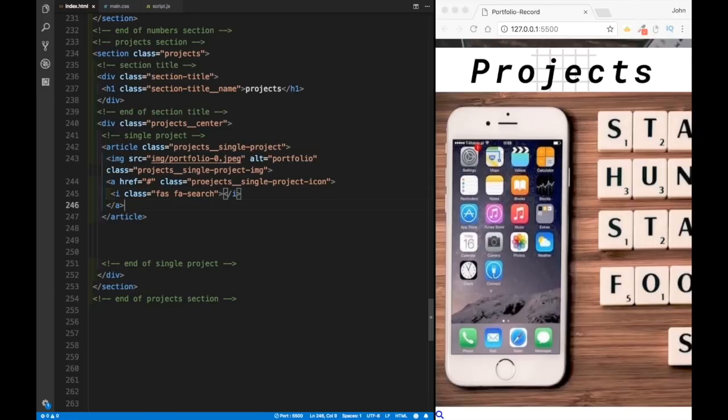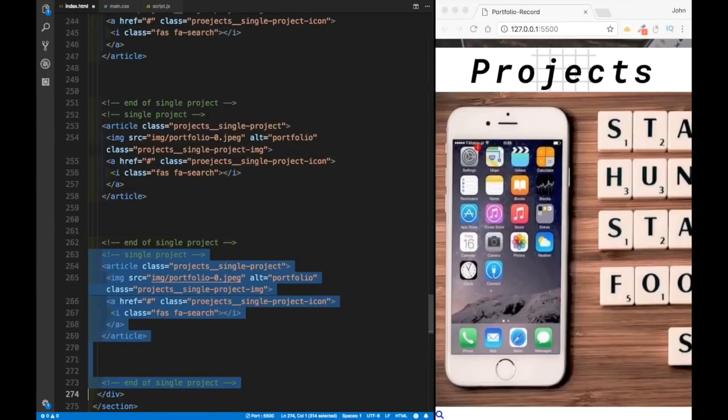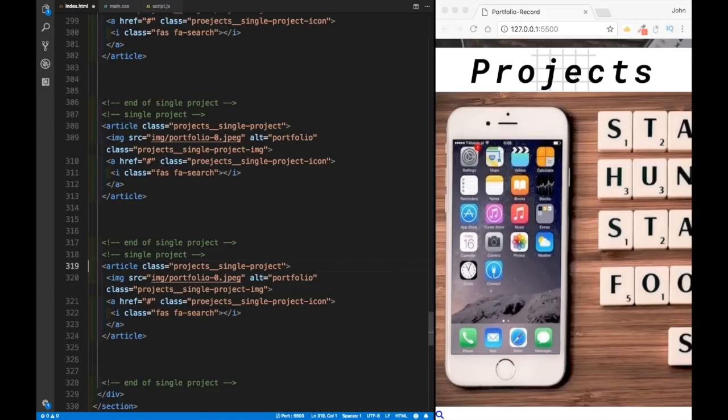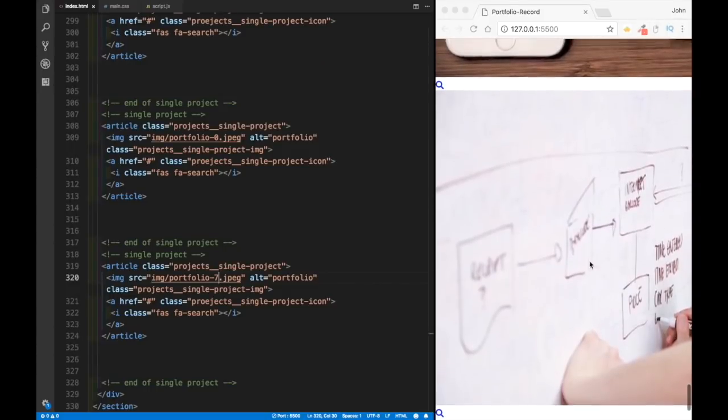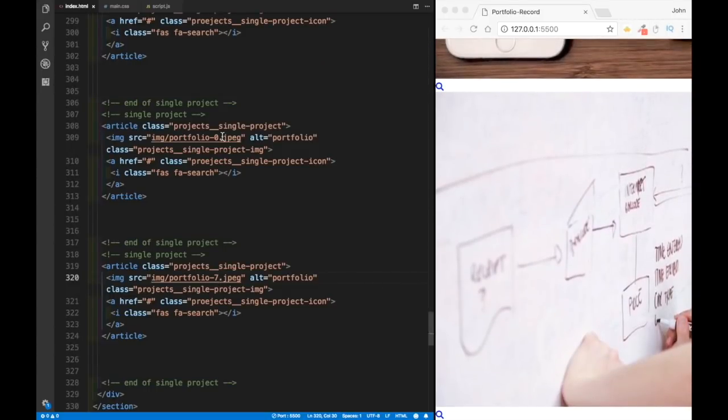However, before we do this, I'm just going to grab the single project. I'm going to go down to the end of single project, and I'm going to copy and paste this 7 more times. So 1, 2, 3, 4, 5, 6, 7 over here. And now I just need to change the numbers. So you can see over here that I have a portfolio, and for the portfolio, I believe I have 7 over here like this. So if I scroll down all the way here, you can see that this is going to be my 7. And over here, if I change this actually to 6, so portfolio 6 over here,